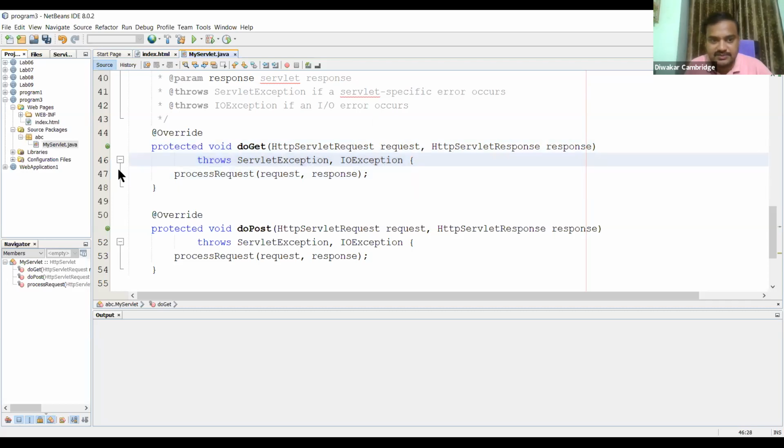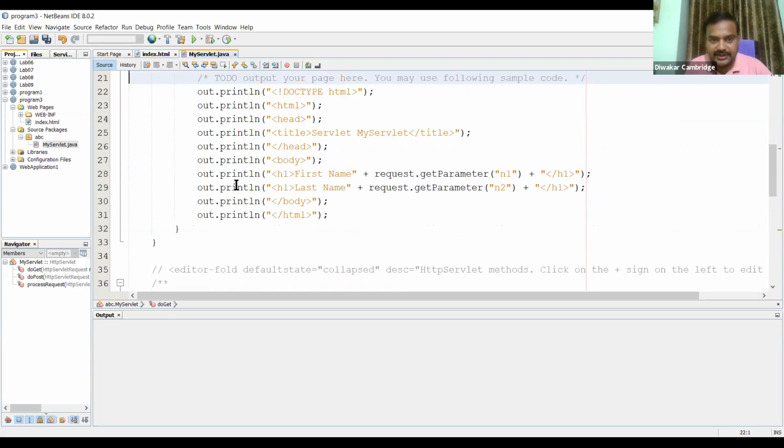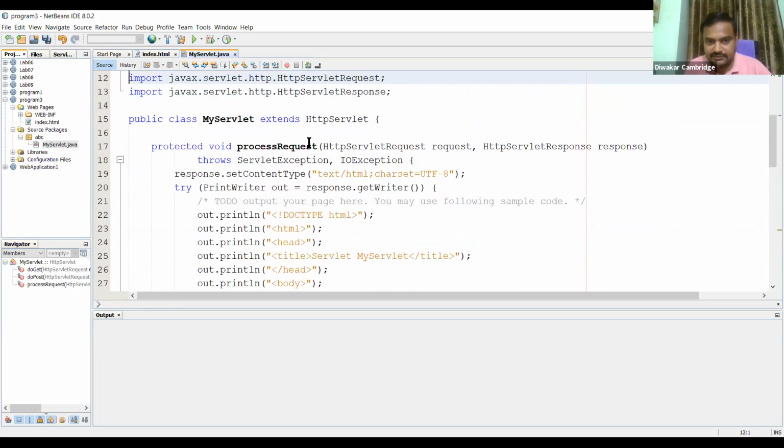Then inside this method, we have one more method called processRequest. This is what you call nesting of methods, one method within the other method. This method will call processRequest by sending the two parameters, the request and response.